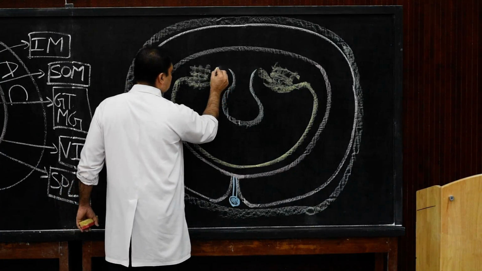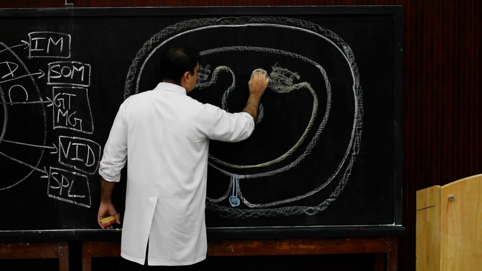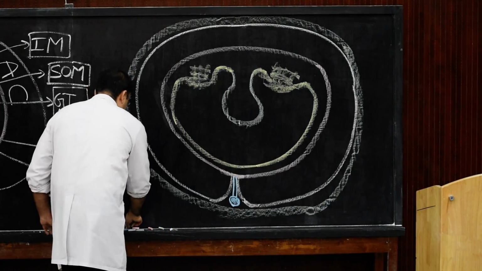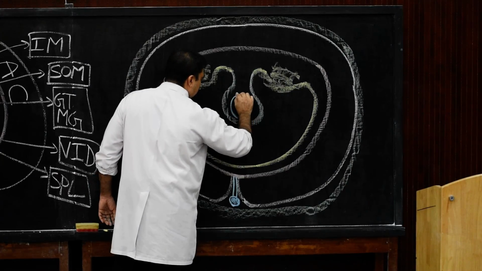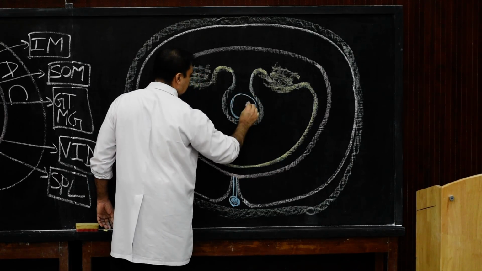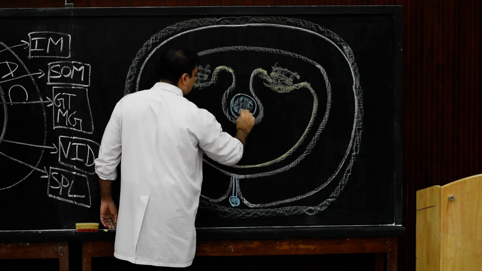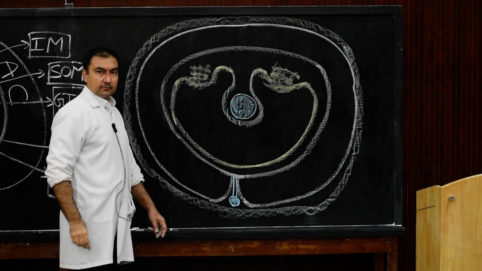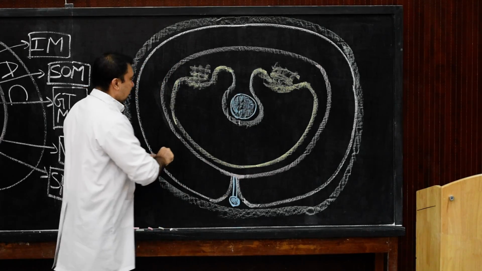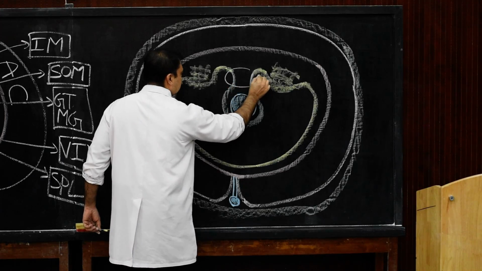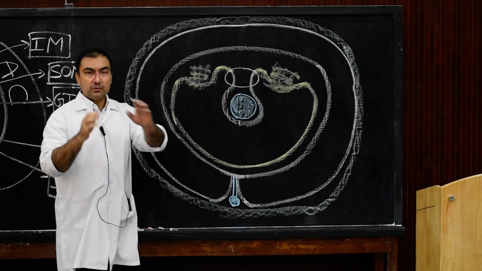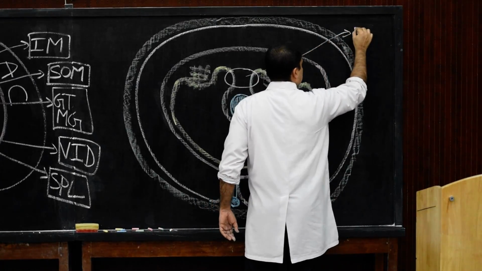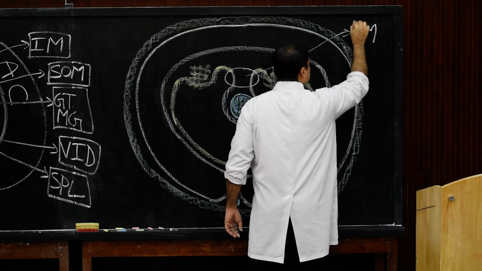So therefore here this yellow color will meet with the green color at this level, and therefore deep inside we are going to show this structure here as the gut tube, and probably this is the cross section of the midgut. Now I am going to circle and show you. See this circle which I am going to show you is the root of the mesentery. So here I am going to write the root of mesentery.